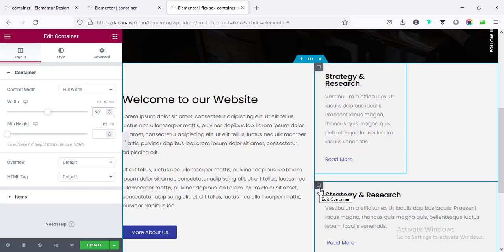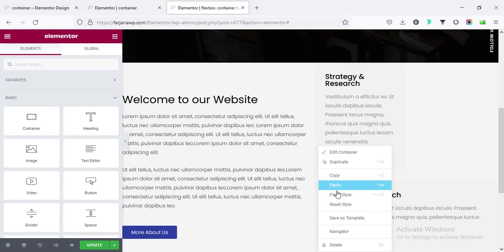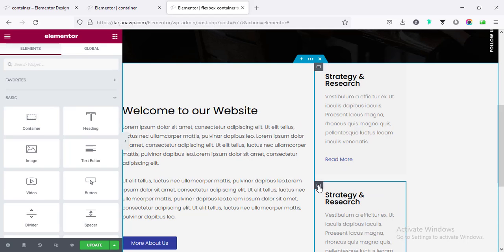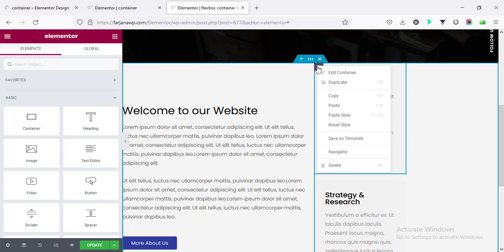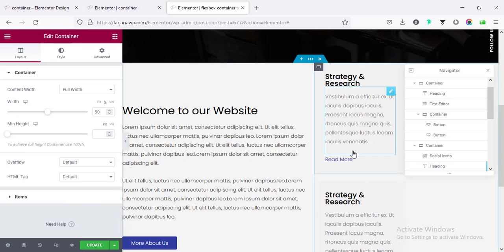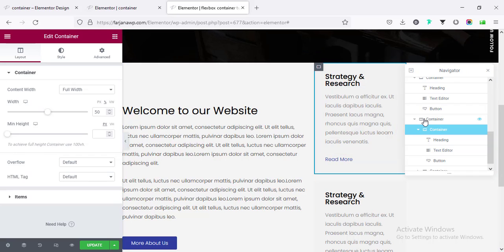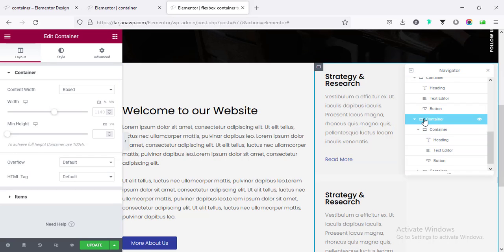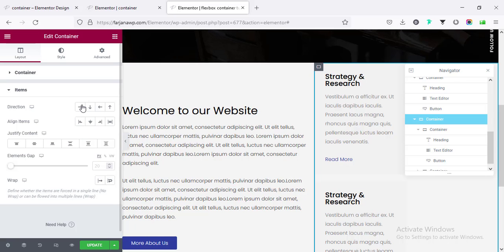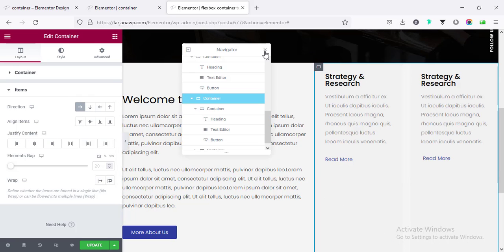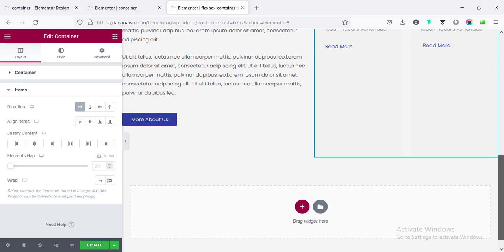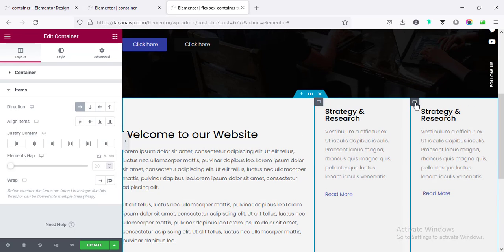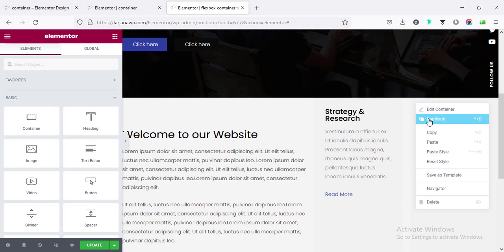And also for the second one, going to copy and paste style, and here we can change the column direction. So here if I go to navigator, and if I go to this whole container, going to items, direction, making it to row. Alright, looks good. And now in the same way, I'm going to duplicate one more time,